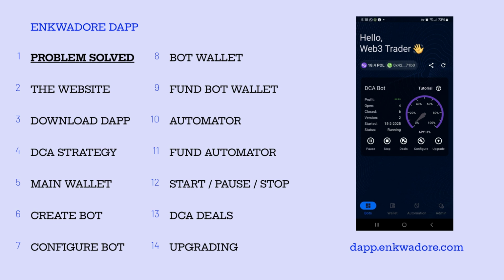Alright, let's begin. So the Enkwadore DApp was designed to solve a problem. So it's primarily a decentralized trading application. Okay, it's a mobile application. So for those of you that are familiar with